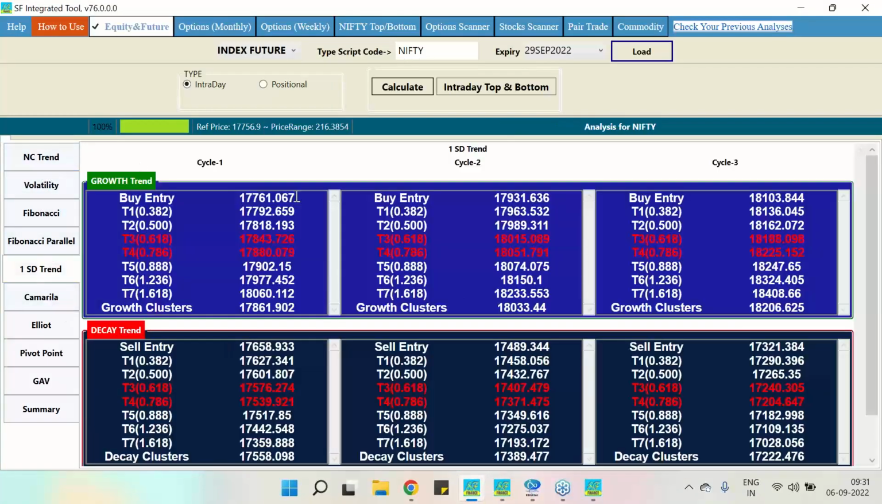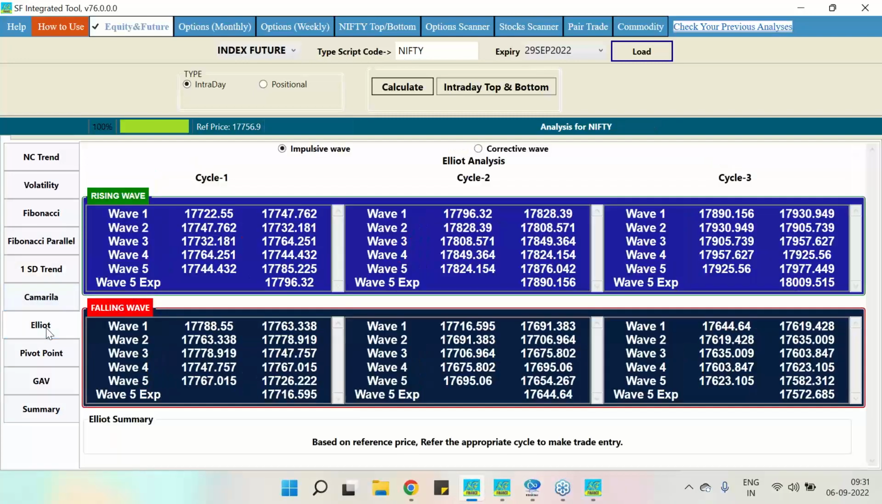So this is as per the one standard deviation. One standard deviation I have already explained in the month of August. So straight away we will be going to the Elliott wave. In Elliott wave, you will be getting two different tabs. One is impulsive wave, second is corrective wave. So currently our price point is